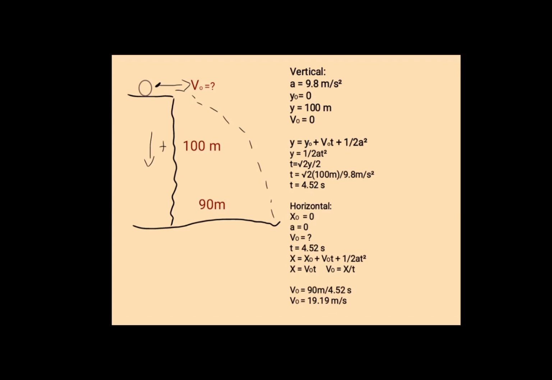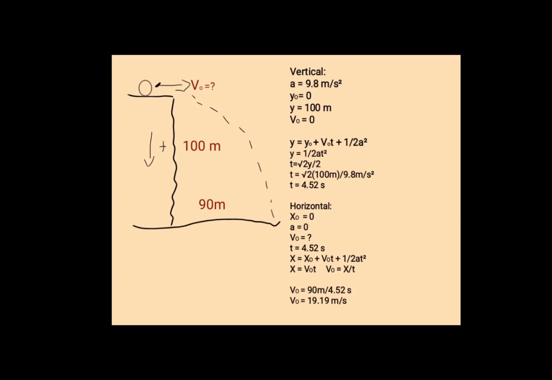Then we simplify it, which is time equals the square root of 2 times y over a. Then we substitute the respective values. t equals the square root of 2 times y, which is 100 meters, over a, which is 9.8 meters per second squared. Therefore, the value of the time is 4.52 seconds. After getting the time in the vertical, we are going to get the value of the initial velocity on the horizontal